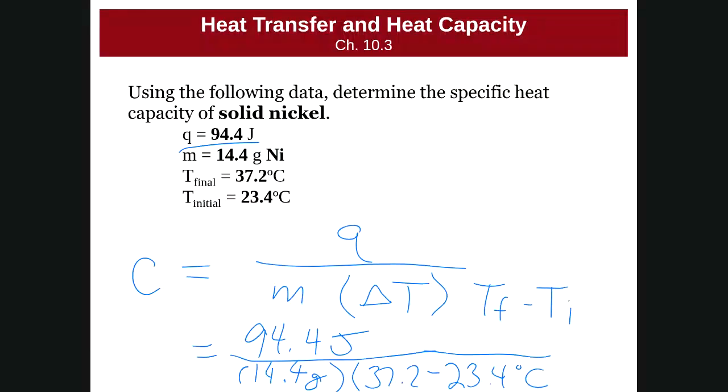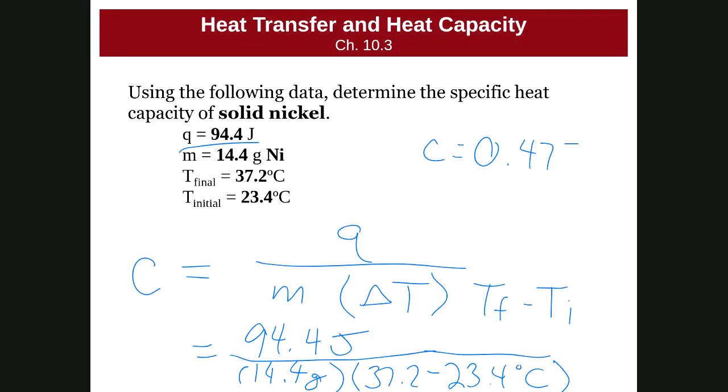So if we plug that into our calculator, we see 94.4 divided by 14.4 divided by our parentheses 37.2 minus 23.4. And we find out that the specific heat capacity of nickel is